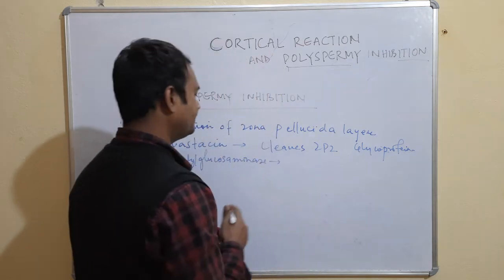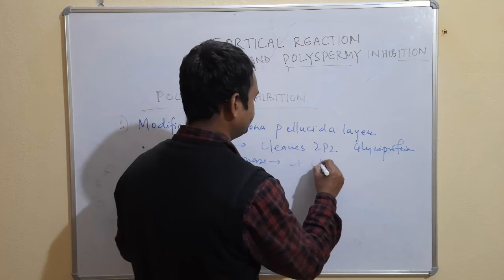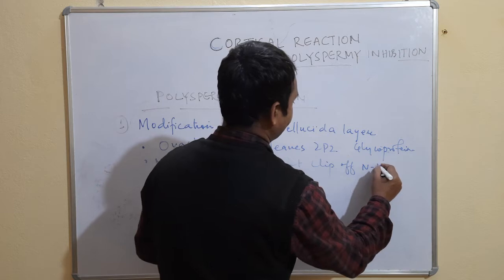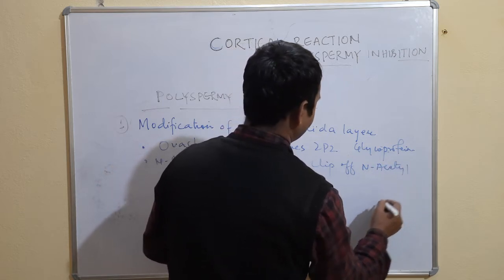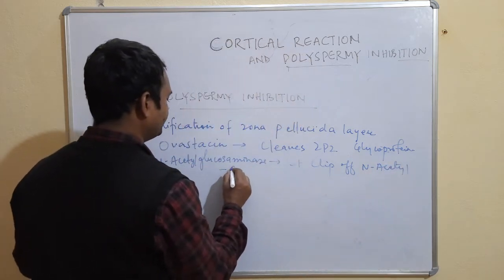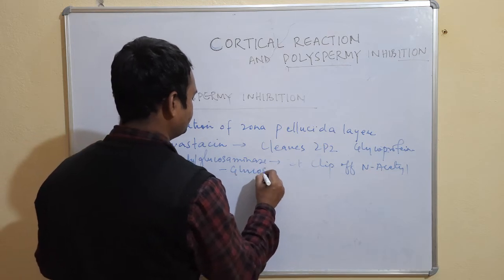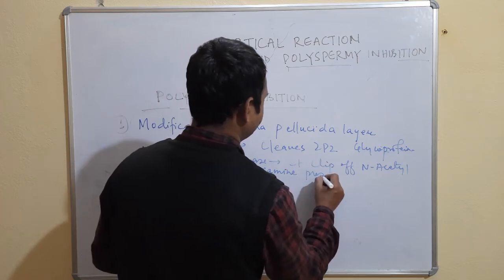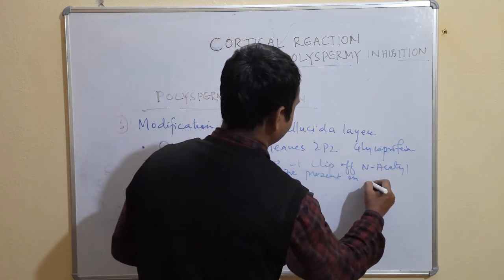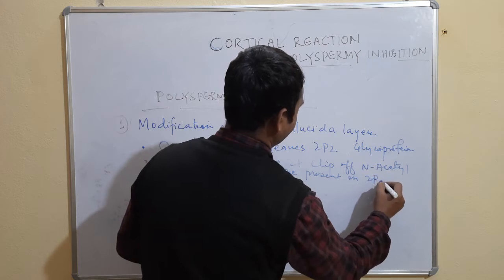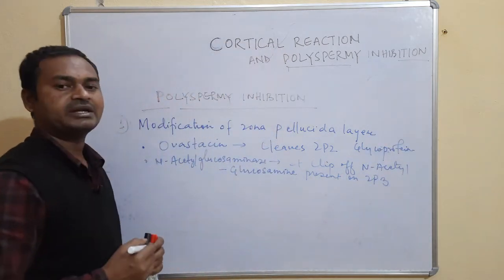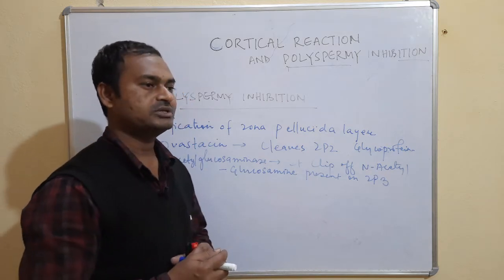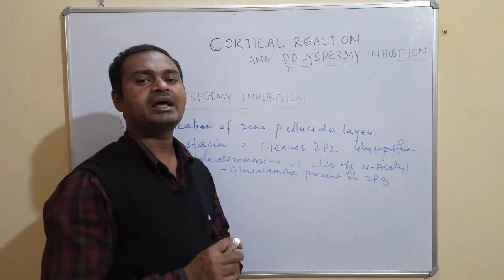And this is what happens: it clips off the N-acetyl glucosamine present on zona pellucida 3. So it cleaves off the N-acetyl glucosamine present on the zona pellucida, and with the help of